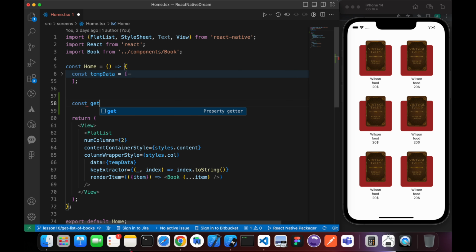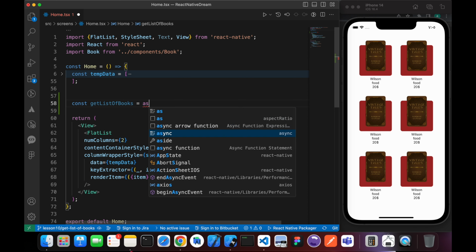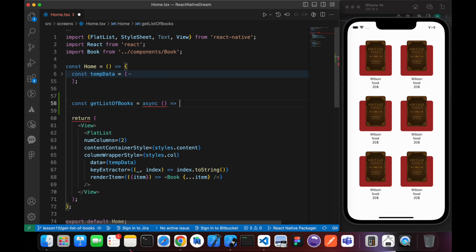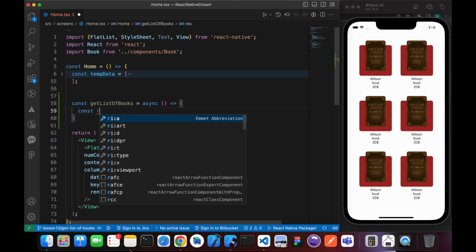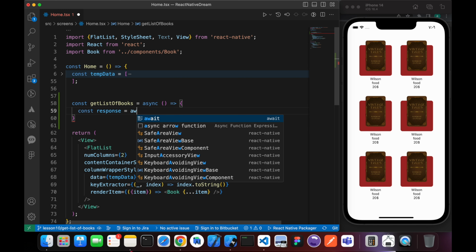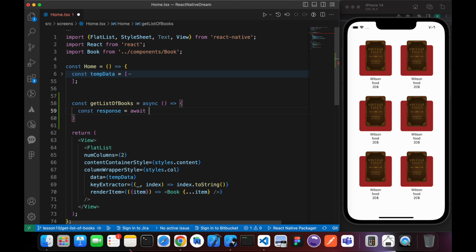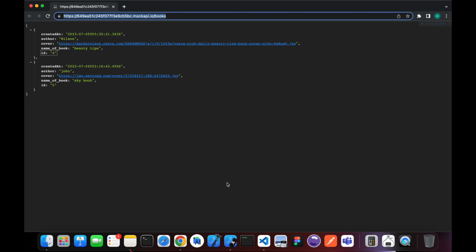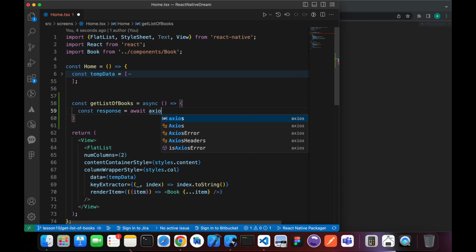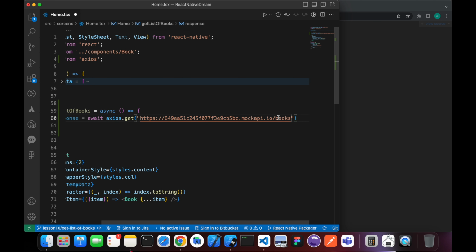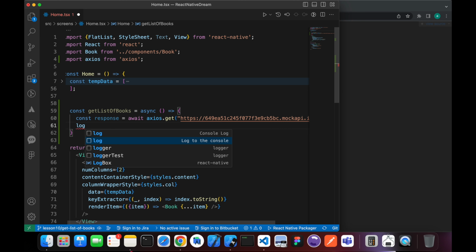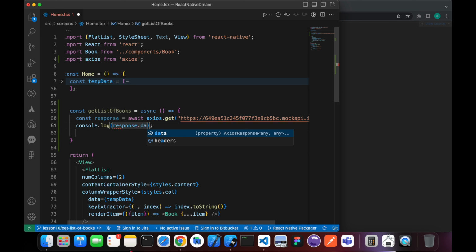Const get list of box equals to async. You remember, right? Async and const response equals to await. Let's use this API, Axios dot get, our API, okay, and let's log the response dot data,